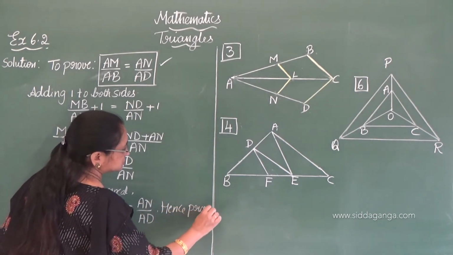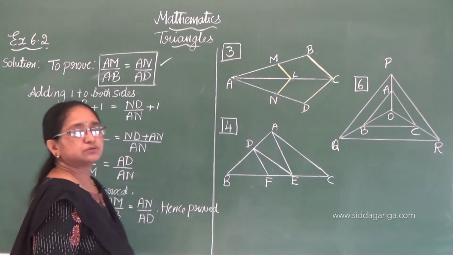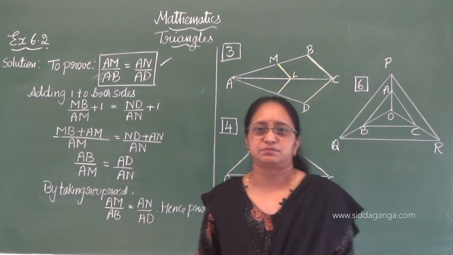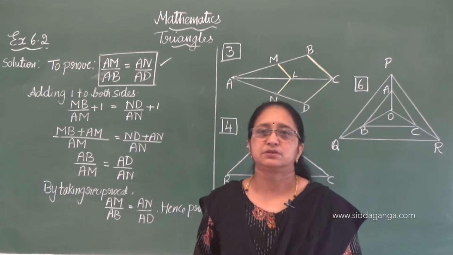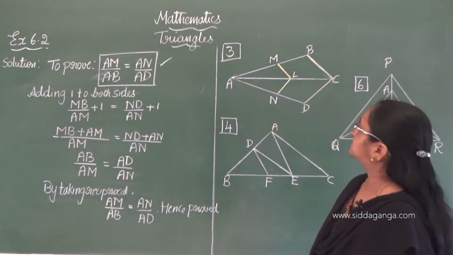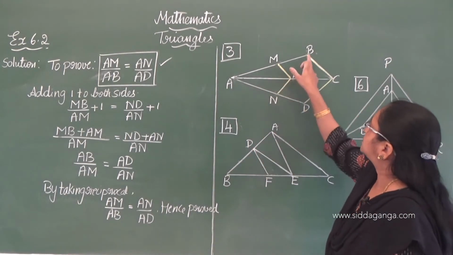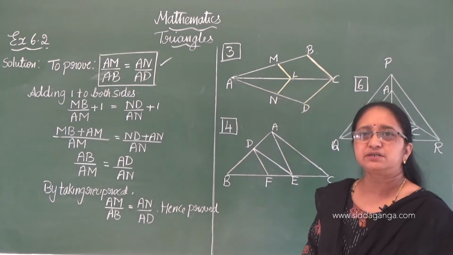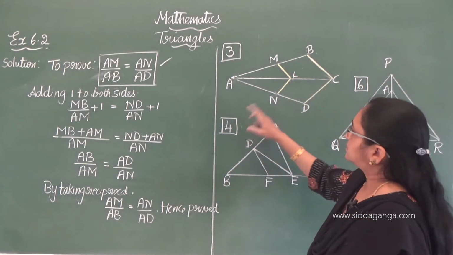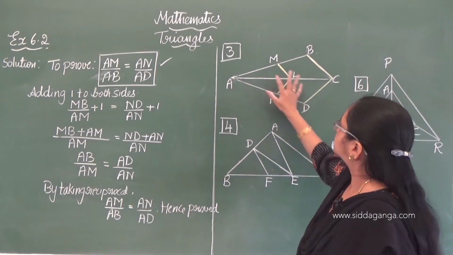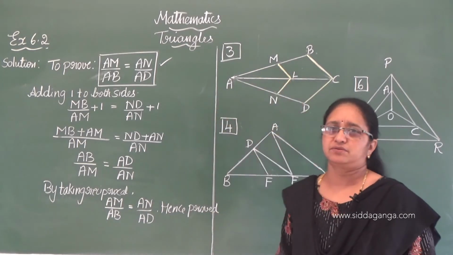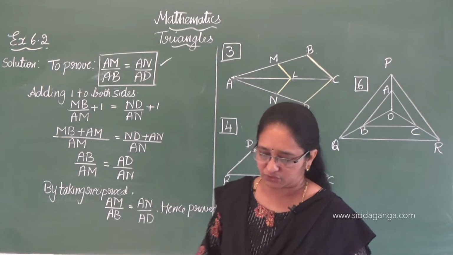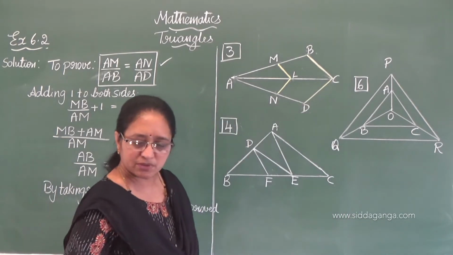So this is how you have to work out. I hope it is a very simple problem. I think if you understand, it is very easy. So this is parallel to BC, based on this BPT, and we have done it. So 2 triangles we have taken and we have done. Okay, let us move on to the 4th one now. 4th problem.